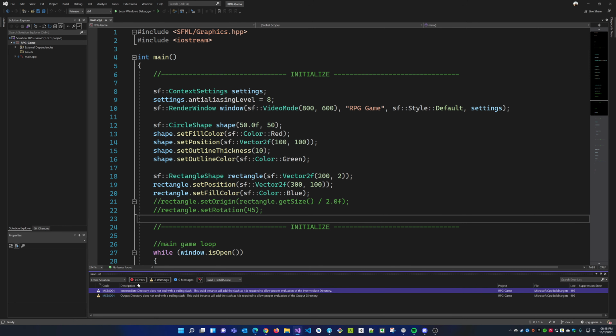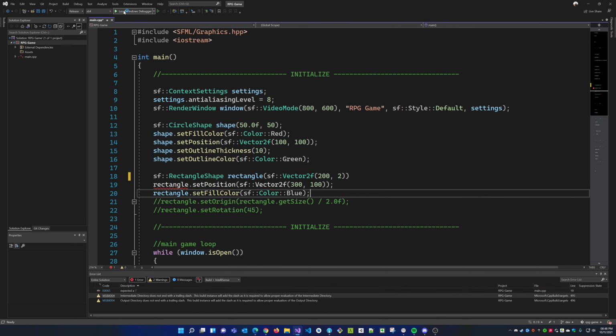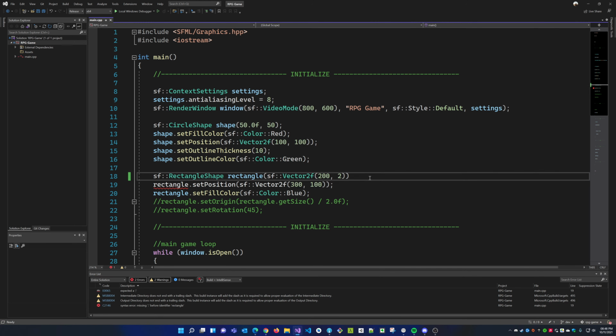There are errors, actual errors, which are issues that you cannot get around. If I forgot a semicolon, that's a syntax error. I can't compile my program. If I try to compile it, it's a fatal error. It will not let my program run at all. So that's an error.